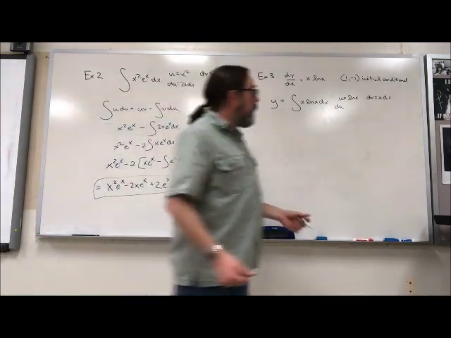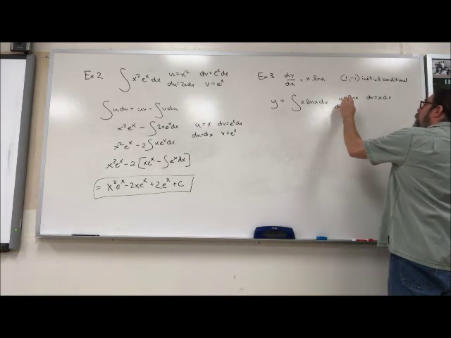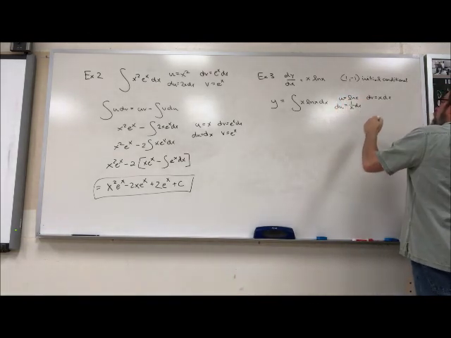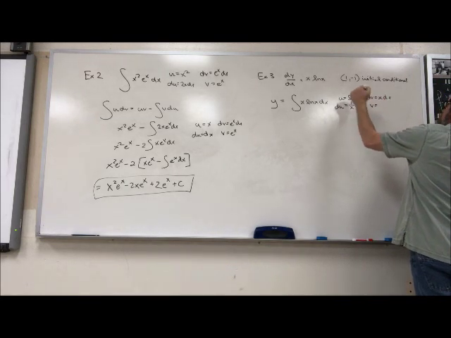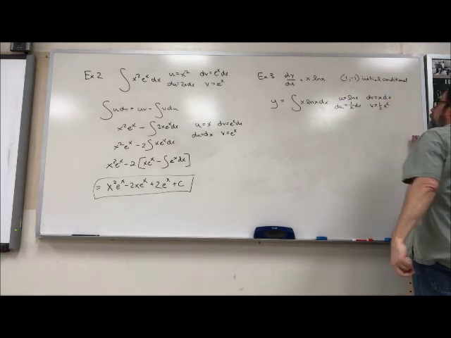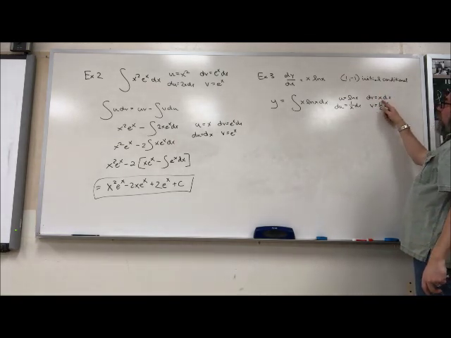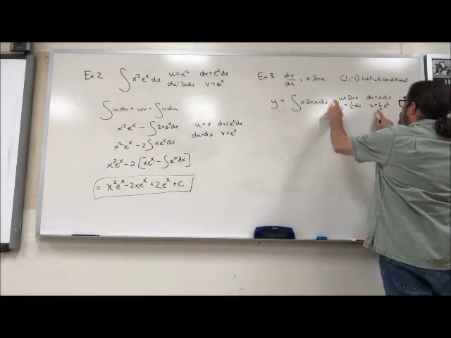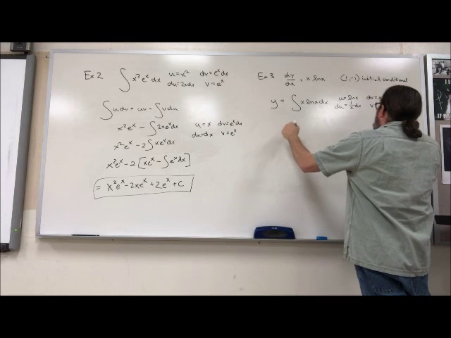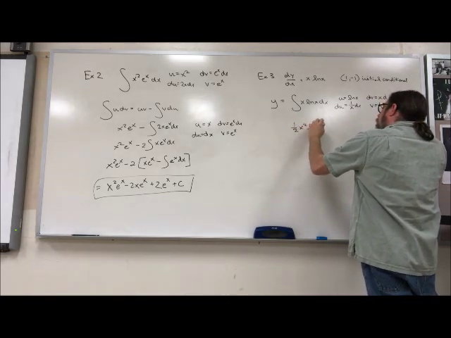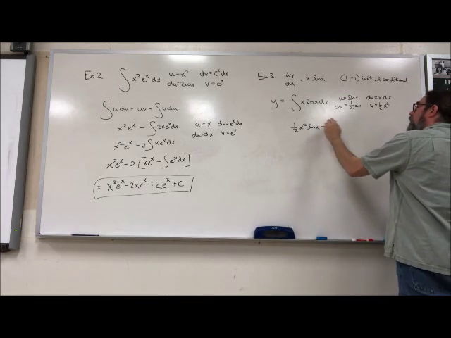It's 1 over x. So du is going to be 1 over x dx, okay? And v is going to be 1/2 x squared, all right? Because the derivative of 1/2 x squared is x. So there you go. All right, so uv is going to be 1/2 x squared ln x, and then we're going to minus the